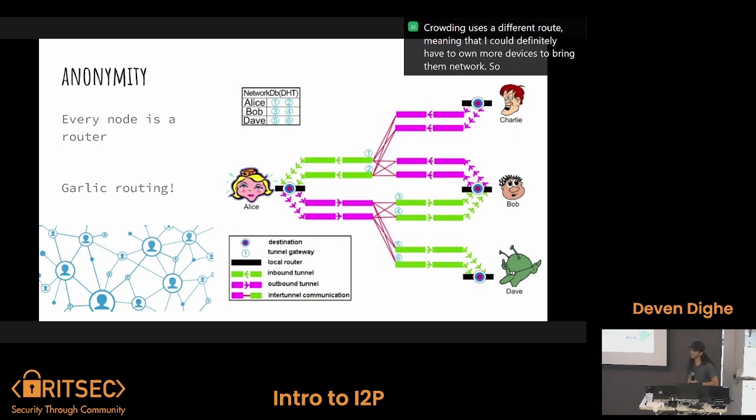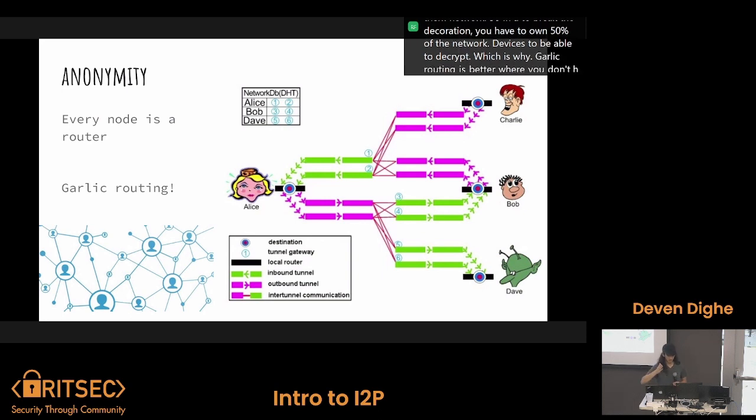In onion routing, to break the decryption, you have to own 50% of the network devices to be able to decrypt any message. Which is why garlic routing is better, where you don't have to use the same path bidirectionally.